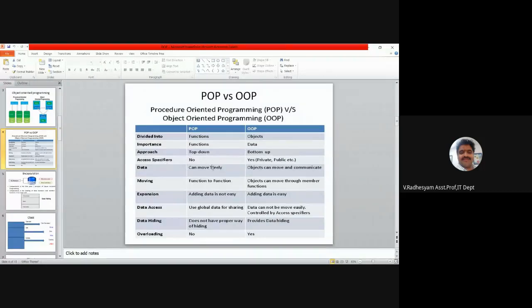And there is a question of access specifiers. That means, suppose a particular data is with you, like int x. There may be a question of private and public in the case of object-oriented programming.